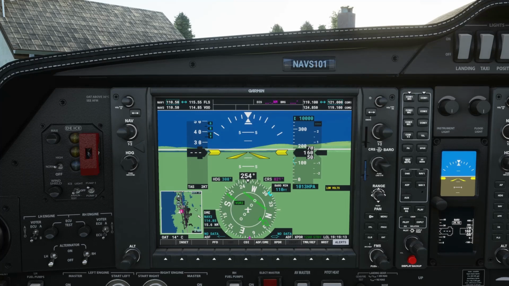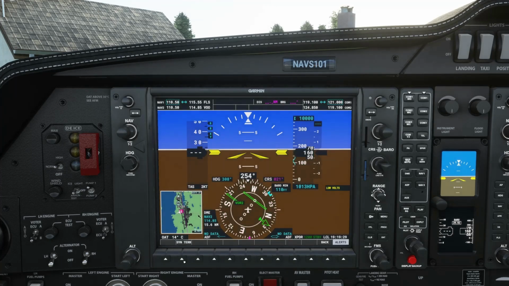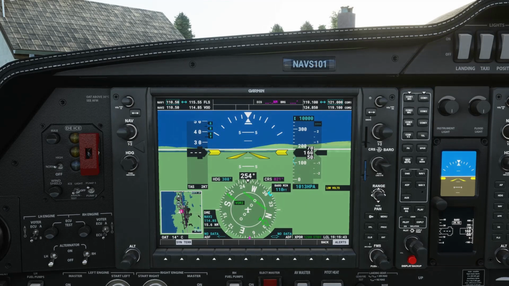Okay, so just moving across now, we'll go to the PFD, and there you have SynVis. So this is synthetic visualization. Click on that, and then we click on Synterre, and all it does really is take away the synthetic view of the terrain in front of you. So why on earth you would want to disable that, I don't know. But the function is there, so we click back on that, and you can bring it back.